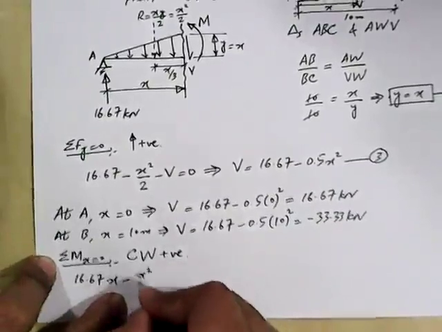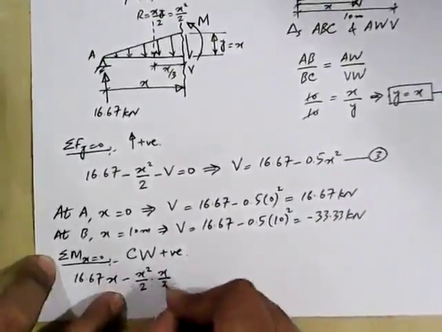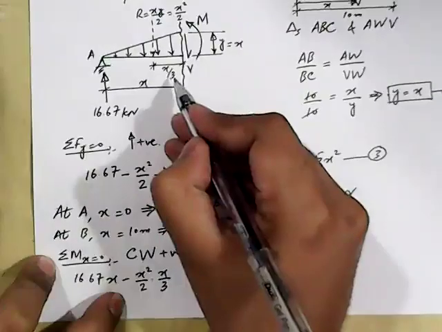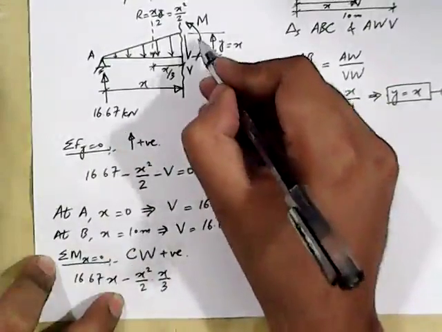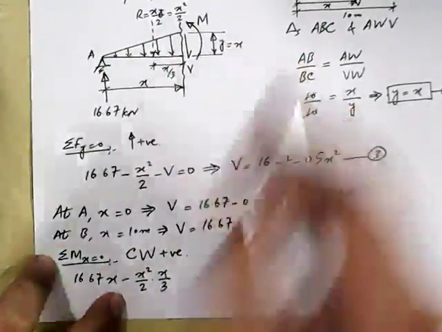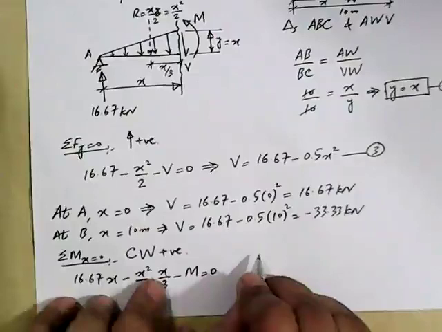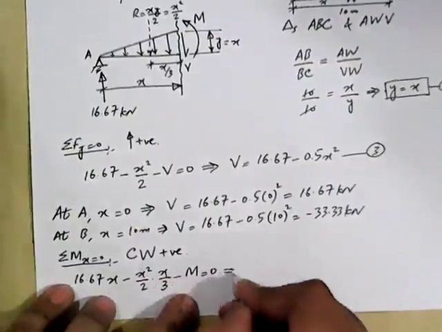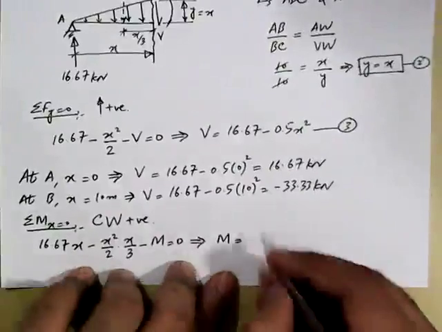X square by 2 is the magnitude of the force, and the lever arm is x by 3, as we have already mentioned on the diagram. X by 3, and what else? This M is also present here, and M is in counterclockwise direction, so minus M, and this should be equal to 0. And if I rearrange this equation, I get M is equal to